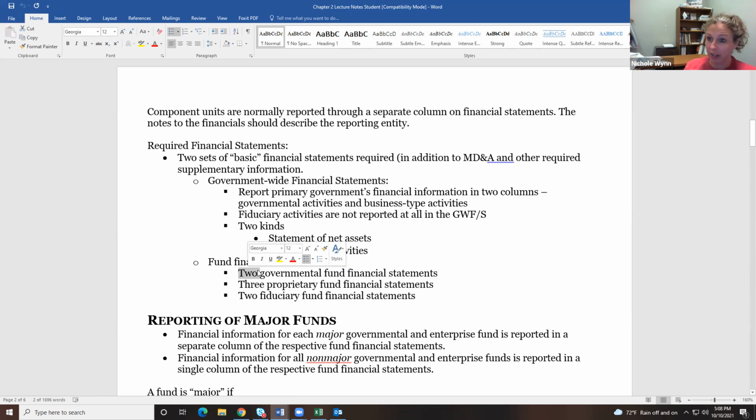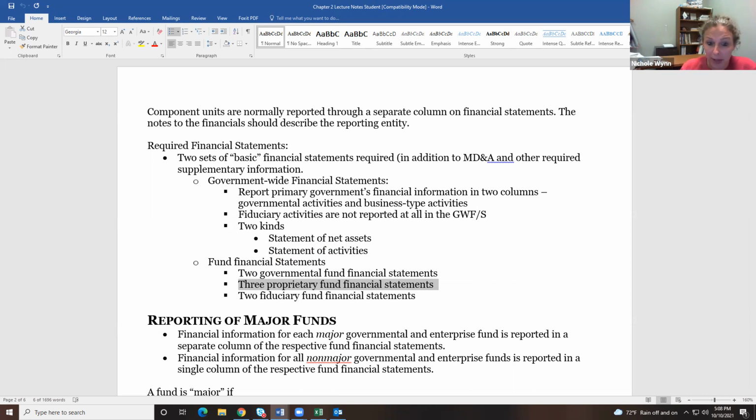So the 2 here are an income statement and balance sheet. On the income statement, it's called a statement of revenues, expenditures, and changes in fund balance. It basically has an equity statement attached to it. And then a statement of net assets, which is the balance sheet. The 3 proprietary ones are the same ones we have in financial accounting. The reason why there's 3 instead of 4 is because they take the income statement and changes in equity and add it and put it together as one.